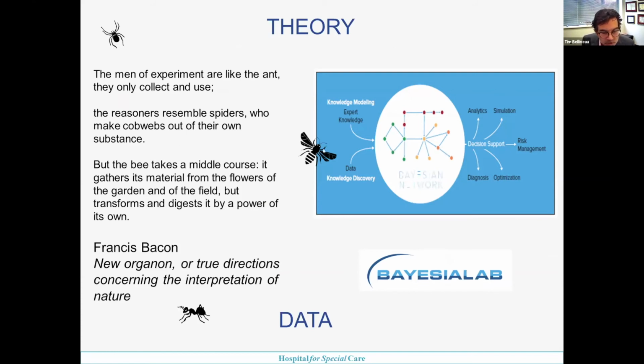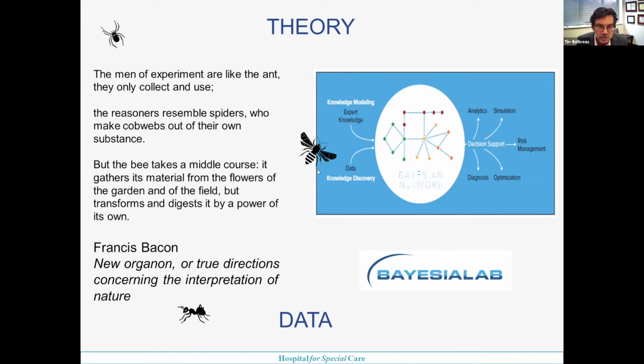And the bee, representing sort of the path of science, goes back and forth between the observation and reasoning. And in this particular example with the Bayesian lab, I was struck by the parallel with the integration of data from the bottom up and knowledge modeling from the top down. And so many other machine learning